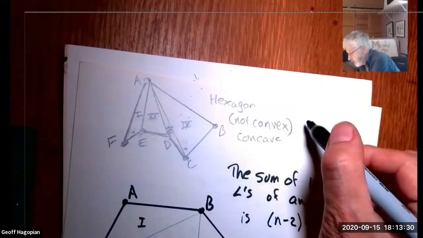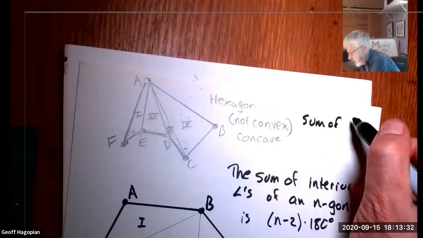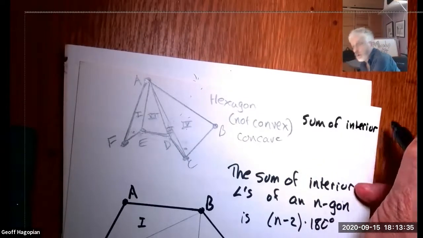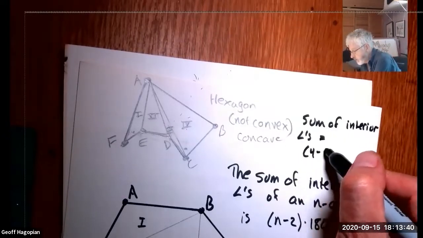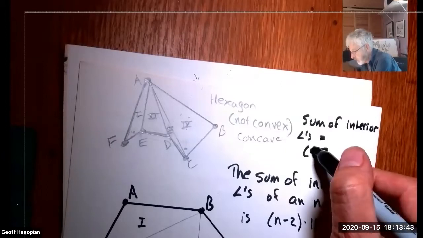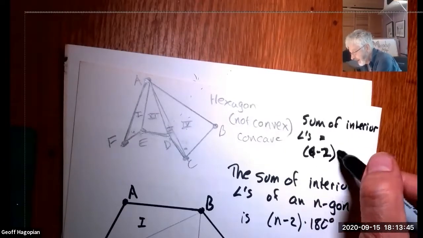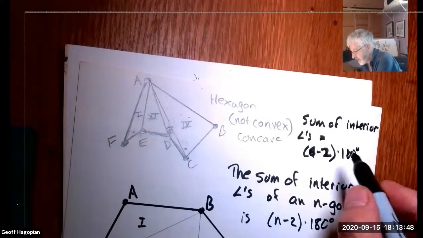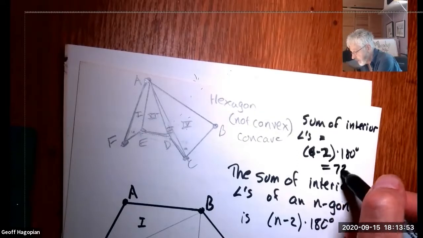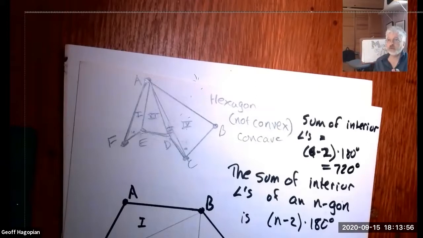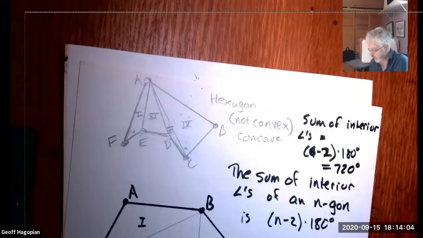Here, sum of interior angles equals what? 4 minus 2, n is, sorry, 6 minus 2 times 180. Okay. And that would be 720. 4 times 18 is 72. So yeah. So that leads to what we want to talk about next,